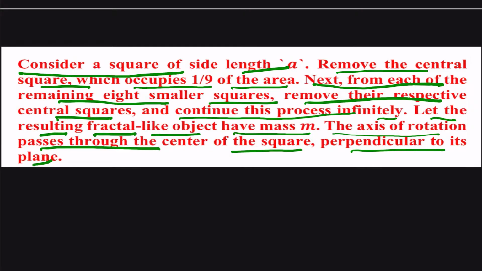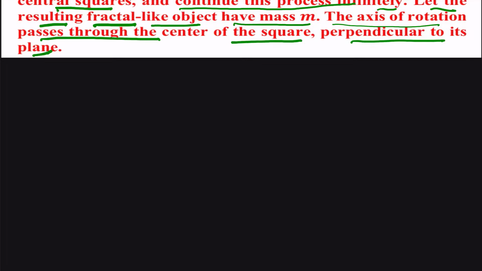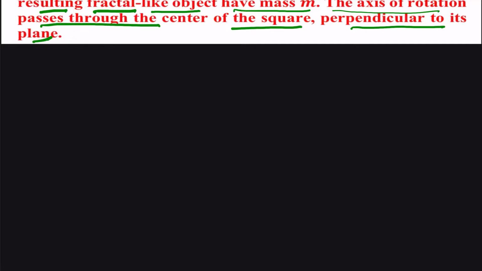And in this case, it is somewhat similar to what we did the last time about the equilateral triangle. In that we removed the central equilateral triangle first and then from the sides. Similarly, here also we are going to do the same process, but we are going to remove from a square, and for that we can just draw an approximate figure. So we are given that we have a square whose side is given as A,